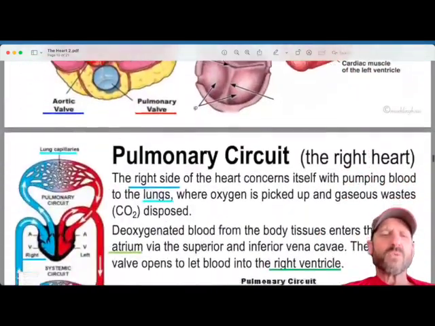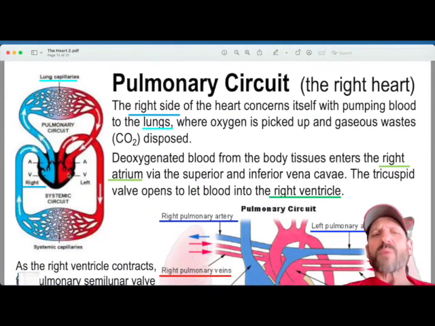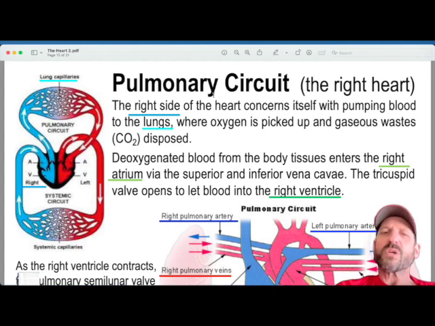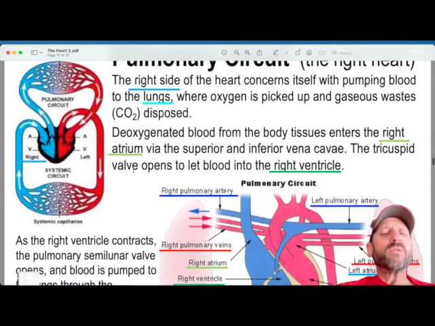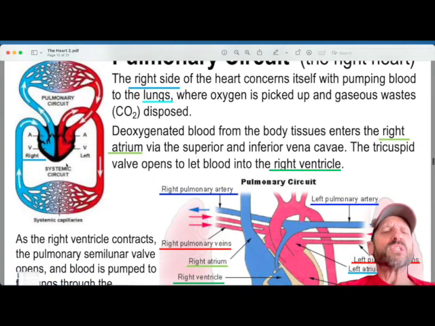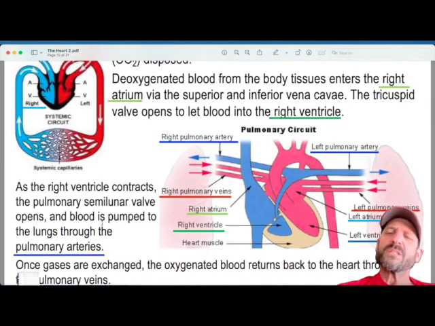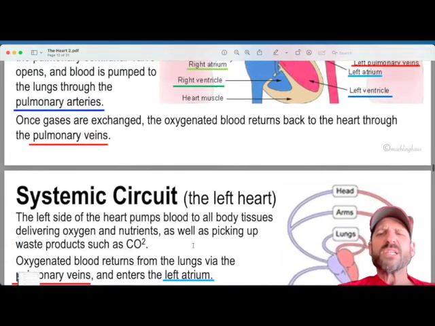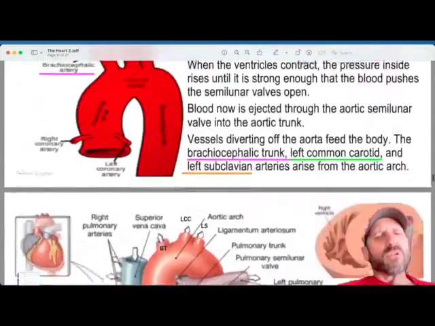You're going to go through it, and then we already talked about how part of the heart pumps the blood to the lungs, and we call that the pulmonary circuit. Anything with the name pulmonary, you think of lungs. And then the other one is the systemic circuit because it pumps the blood to the whole body. System means the whole body, and then you've got all these different names. We talk about them. That's why I like to use color. That way it's easier to find them, and so that's that.